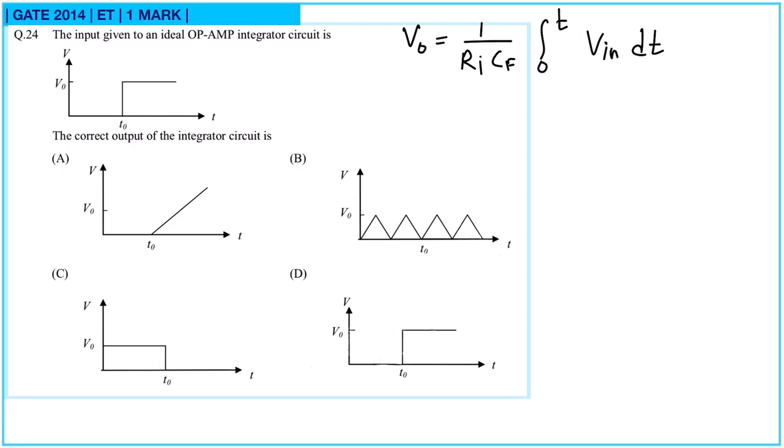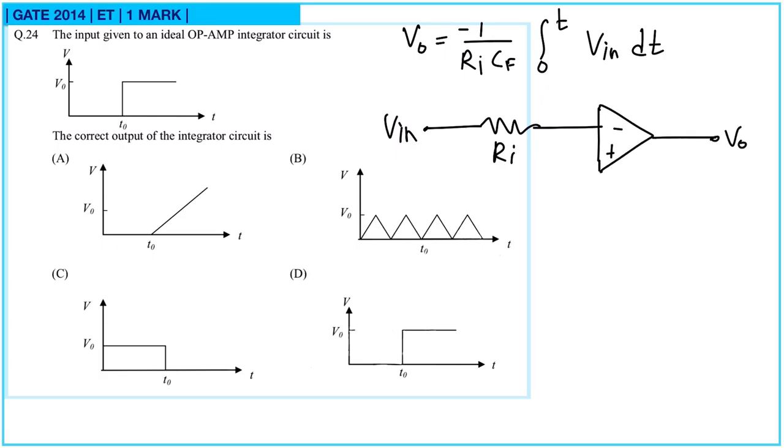This is the output of an integrator if the output is given to positive terminal, and if it is given to negative terminal, here you will have a minus sign. So let me draw it as well. So V in, and this resistor is Ri, and this is given to the negative terminal of an op amp. This is output VO, and for feedback a capacitor is used, and that capacitor is Cf, and the other input terminal is grounded. Now if V in the interval 0 to t naught, input is 0.